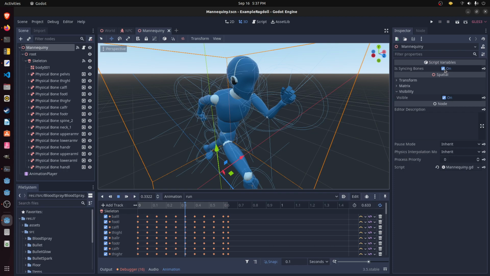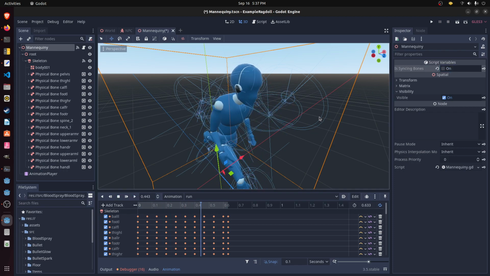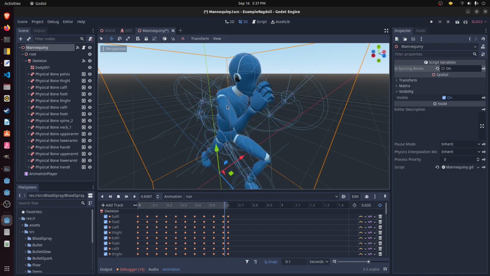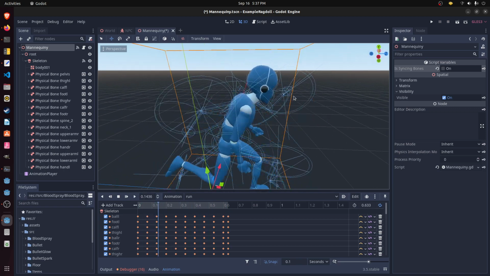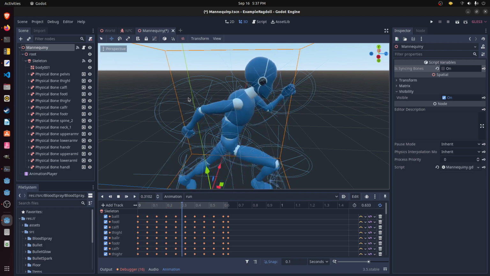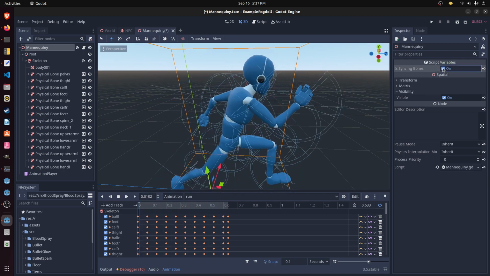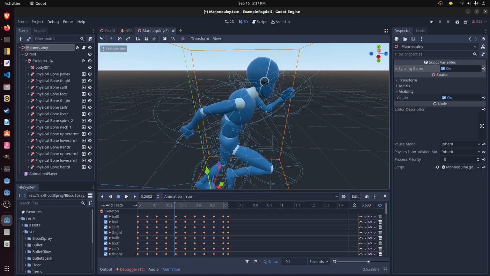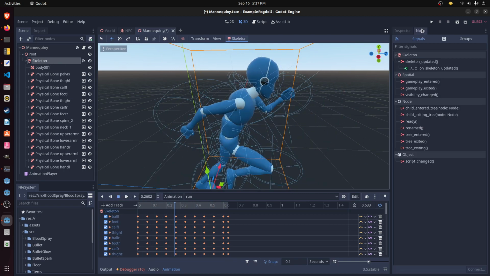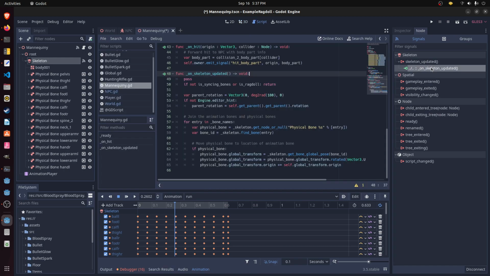So for example, if I don't sync the two and I just do the animation, it looks like it's working, but it's only moving the animation bones. Because if you look, the fists and the arms and the legs, they're not moving. It's just the animation. So what does that actually mean? It means the skeleton has a skeleton updated event. If you look at the code,